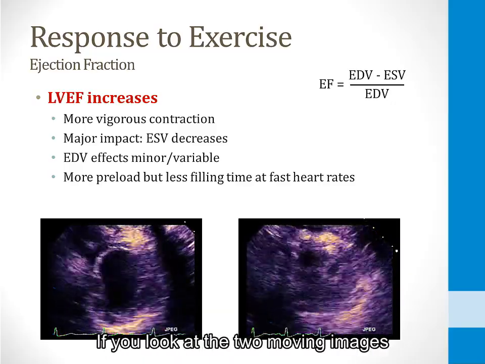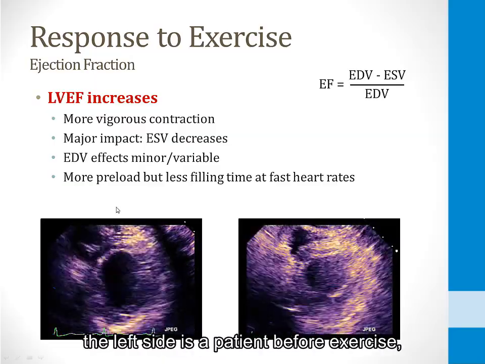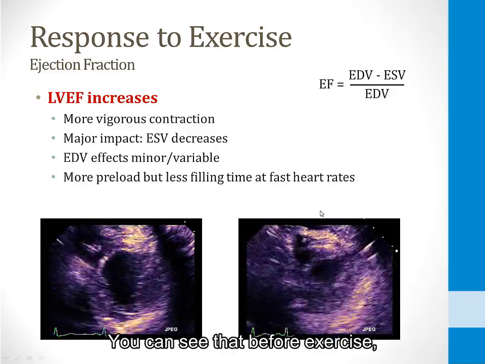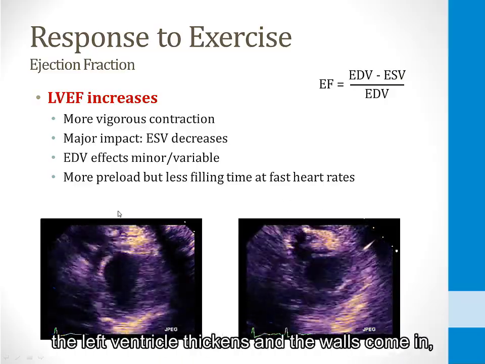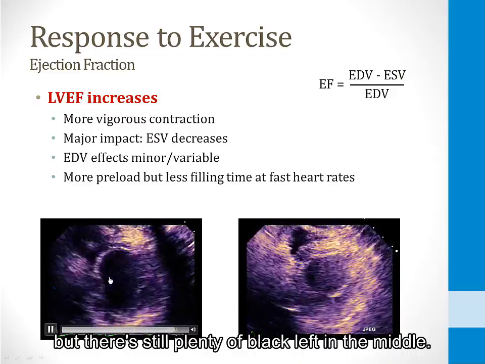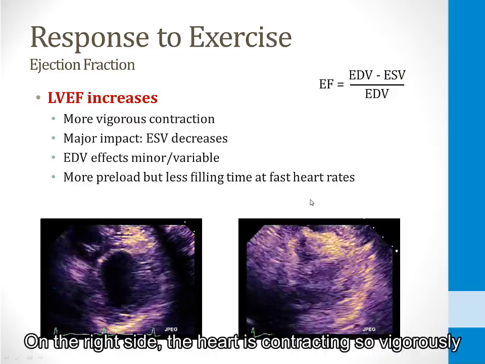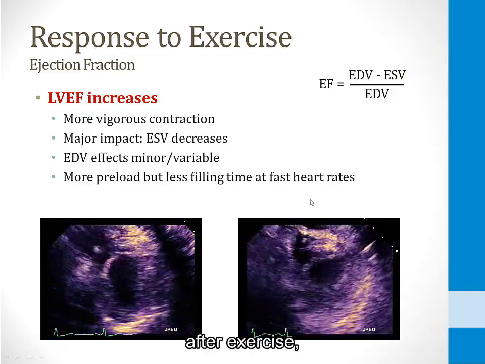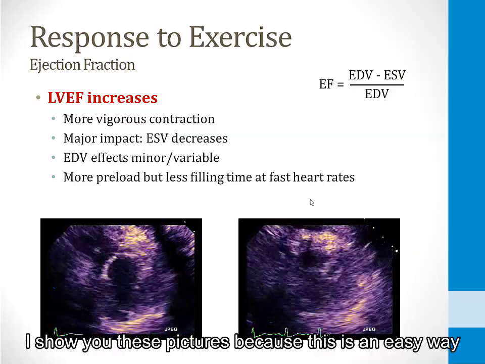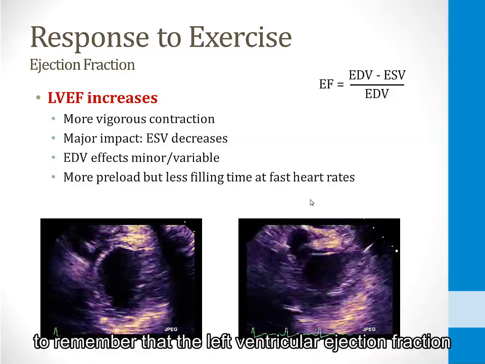If you look at the two moving images on the bottom of the screen, the left side is a patient before exercise. The right side is after exercise. You can see that before exercise, the left ventricle thickens and the walls come in, but there's still plenty of black left in the middle. On the right side, the heart is contracting so vigorously after exercise that almost all the black in the middle is eliminated. I show you these pictures because it's an easy way to remember that the left ventricular ejection fraction